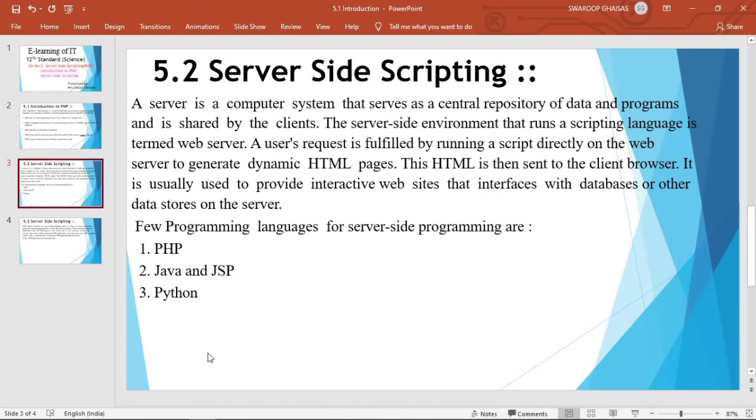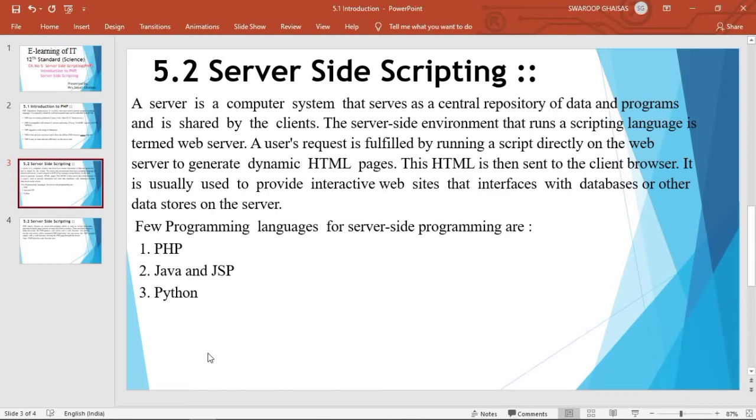For example, if a college website is there, then students can interact with your website. They can register, they can take admission, they can search, and they can change the data and update their profile. So in this way they can interact with your website. Such interactive web pages are possible with the help of a server side scripting language, and one such language is PHP.